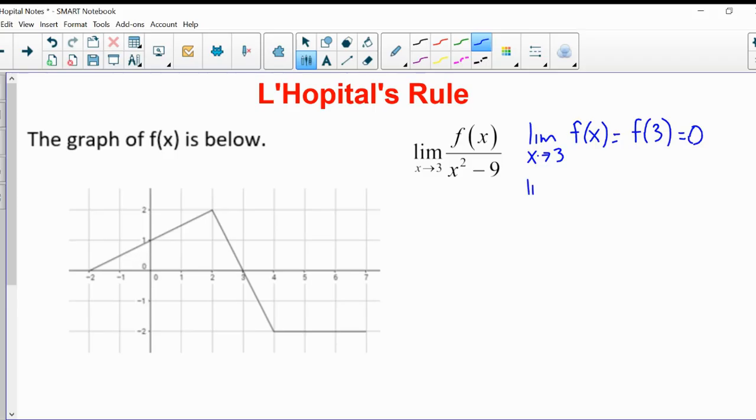In the denominator, we're substituting 3 in directly. So we've shown that our limit is indeterminate. We will say using L'Hopital's rule,